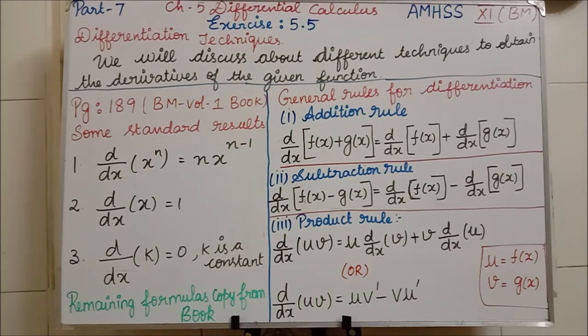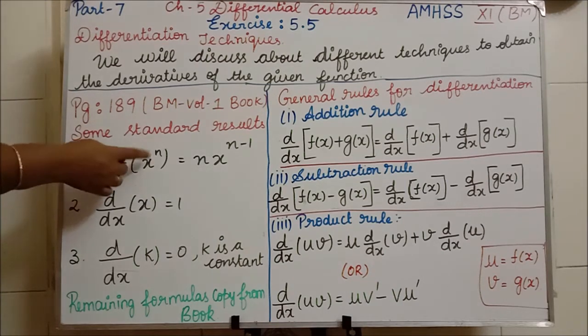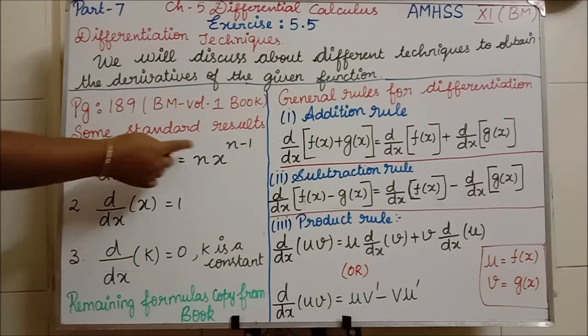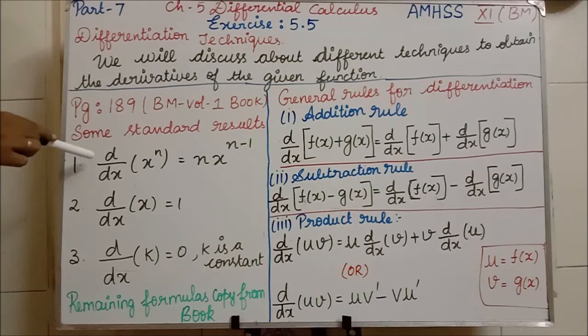See, I have written only 3 because these are the most basic formulas you have to know, because these 3 concepts are used in all the formulas. So this is the most important formula. See the first formula, what is that? d by dx of x power n. This is the first formula. d by dx of x power n means this n will come in front: n into x power n minus 1. This is the formula we will use for all the problems hereafter.